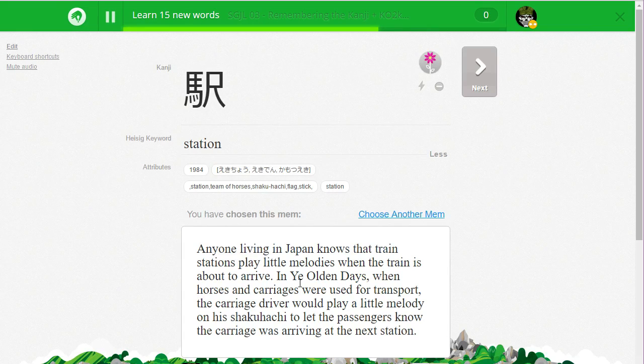In ye olden days, when horses and carriages arrived for transport, the carriage driver would play a little melody on his flute to let passengers know the carriage was arriving at the station or departing from the station. So, horse and flute, station. Maybe the flute helped calm down the horses and get them ready to leave, and also informed the passengers. So yeah, horse and flute,